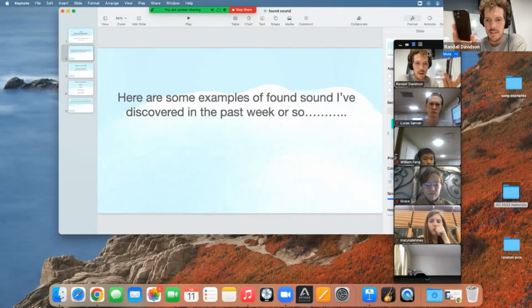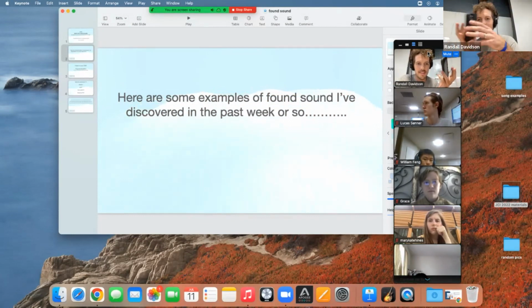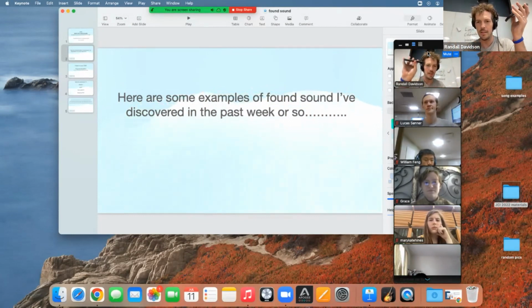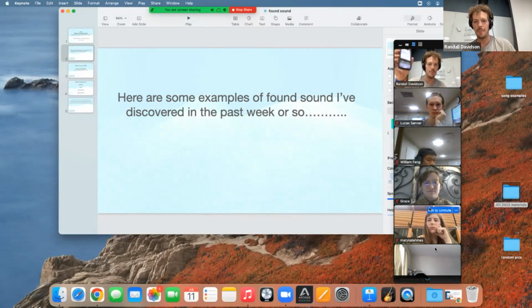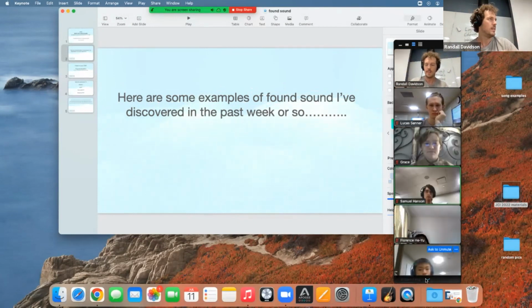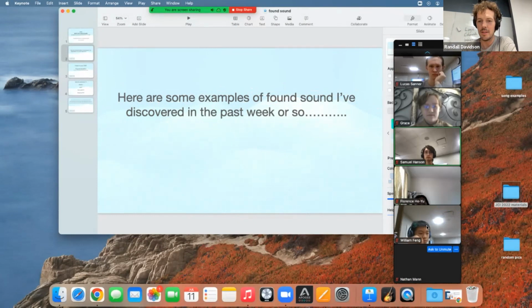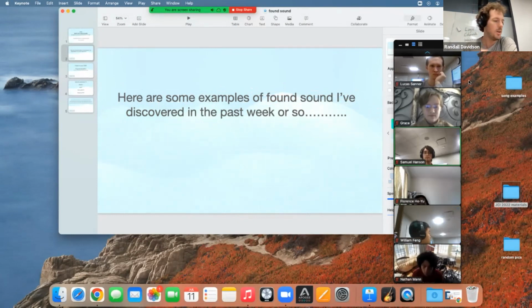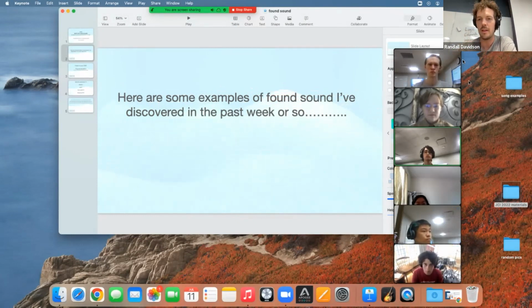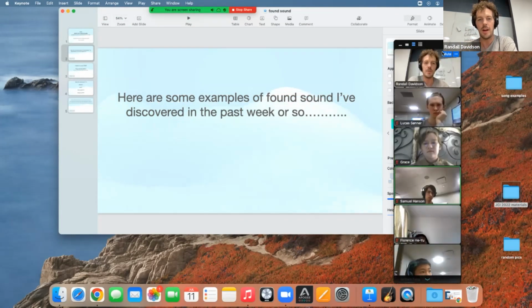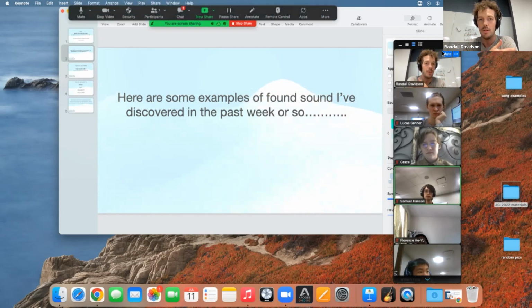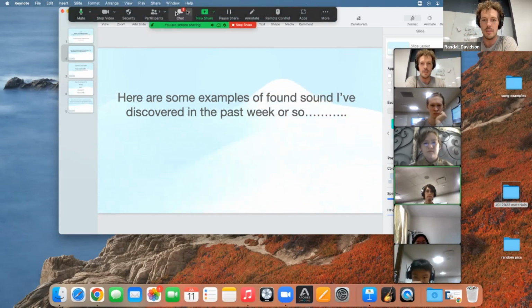Does everyone have one of these? I think most people do. Does everyone have an iPhone or a cell phone of some kind? A smartphone? So if you have a smartphone, I'm mostly familiar with the iPhone and Apple products, but there's a voice memo app on my phone, and I can just